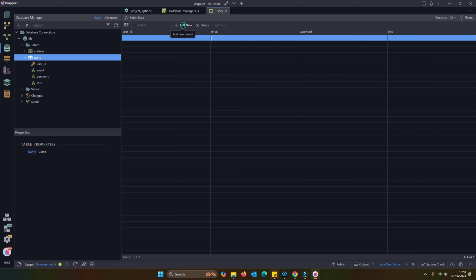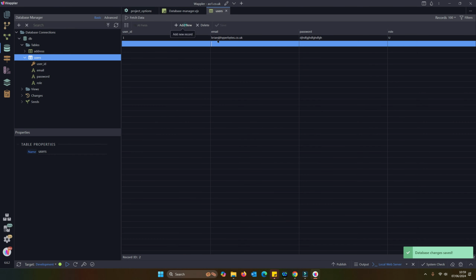What I can do is go add new. We can add our data in there. I'll just put gibberish in for the password. Let's say the user role is user, and we can save that. We get the option to keep those changes to be applied later as database changes. Not going to do that, and then we'll just add an